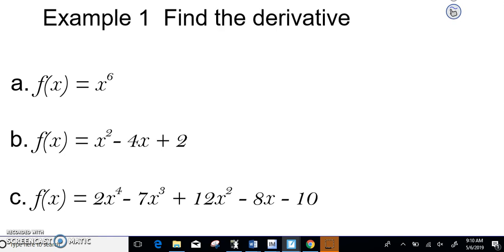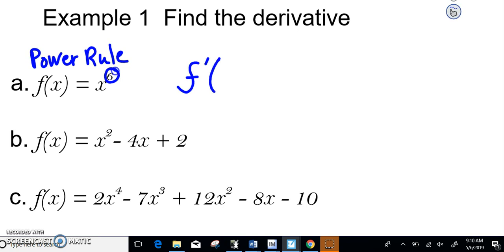All right, if you look at the first one here, we have an exponent, and there's no number in front. So this is the power rule. The power rule says all we do is take the exponent, move it in front, and subtract 1 from the exponent. So we're going to do f prime, since we're talking about the derivative, f prime of x equals